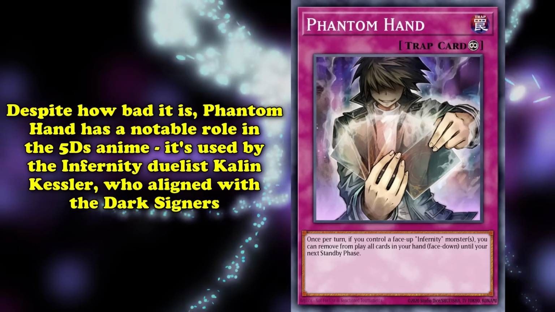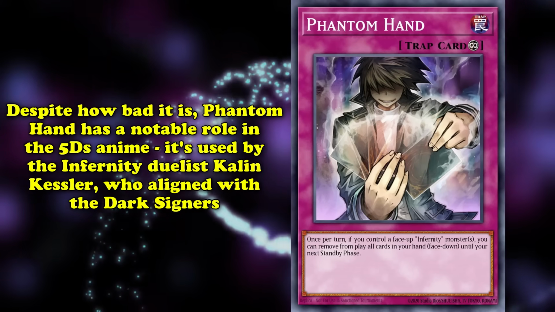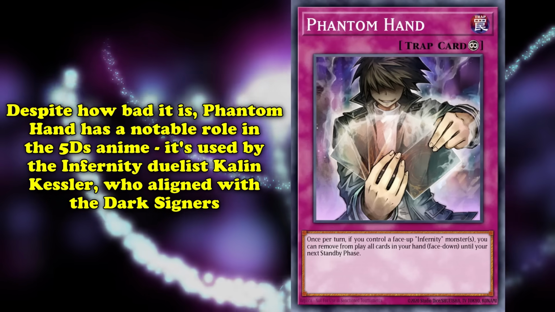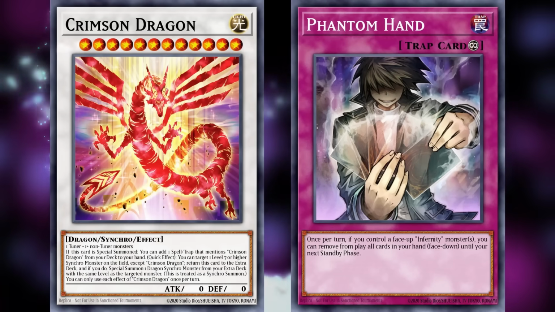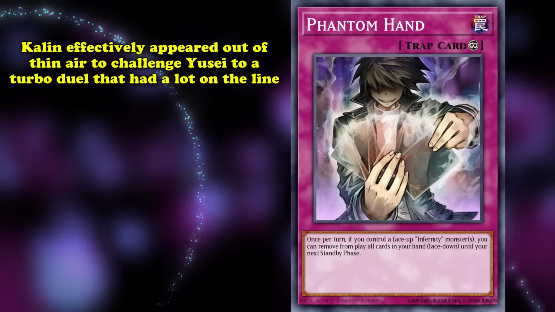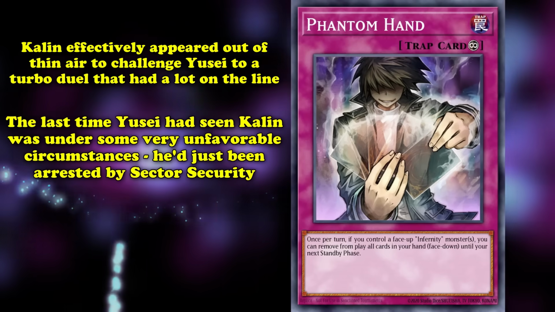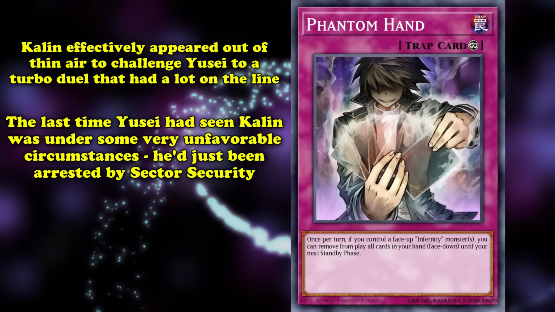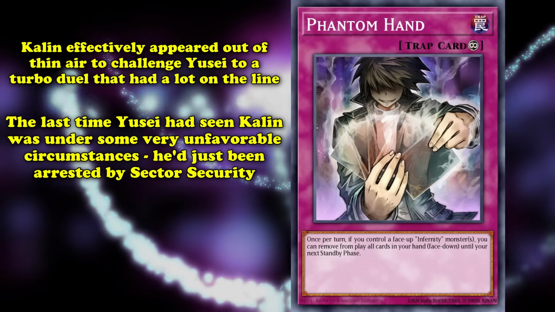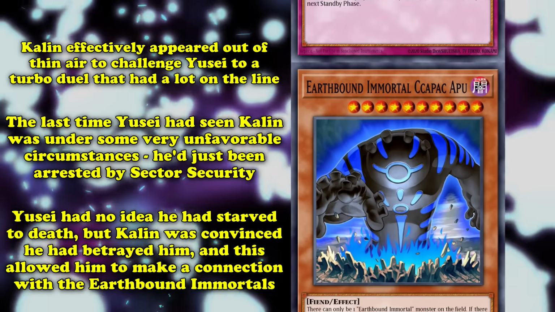Despite how not good Phantom Hand is, it does have a noteworthy role in the anime, used by the Infernity duelist Kaelin Kessler, who entered the series as one of the Dark Signers, a cohort of evil counterparts to the heroes allied with the Crimson Dragon. Kaelin emerged from the shadows of the past to challenge Yusei to a high-stakes turbo duel. Yusei was distressed because the last time he'd seen Kaelin, his former comrade was being led away, arrested by Sector Security. Unknown to Yusei, Kaelin would starve to death in his Sector Security cell, but